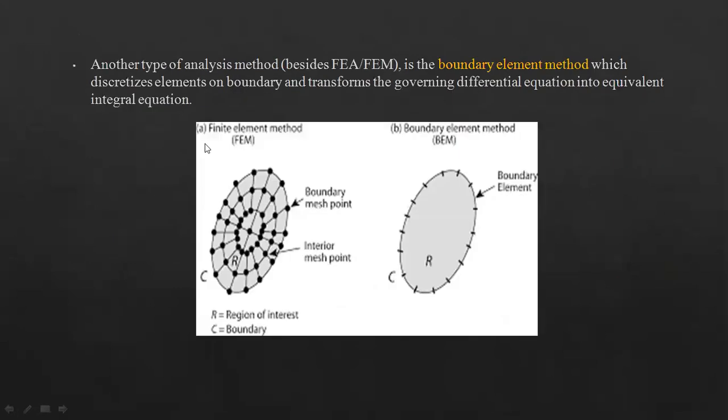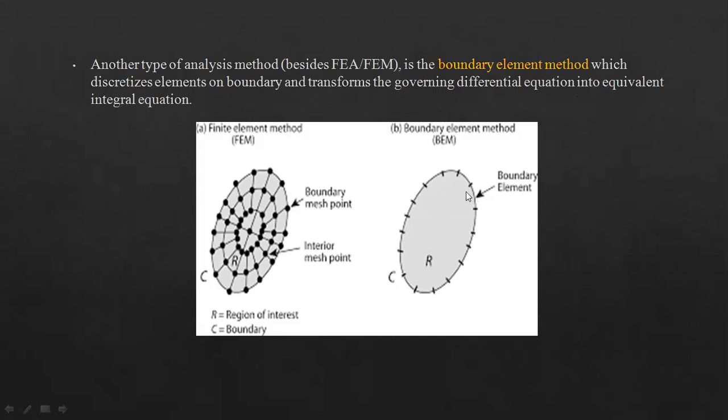Another type of analysis method, besides FEA or FEM, is the boundary element method, which discretizes elements on the boundary, as you can see here, and transforms a governing differential equation into equivalent integral equations. We had seen this in your mathematics subjects: Green's theorem and reciprocal theorem, I believe.